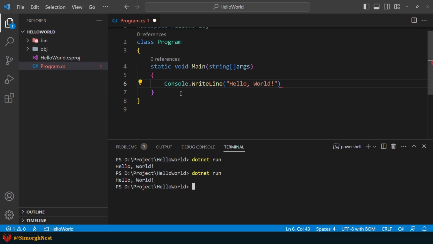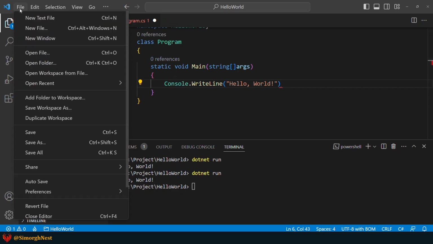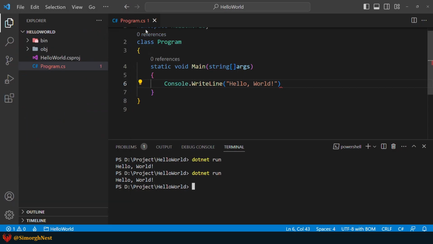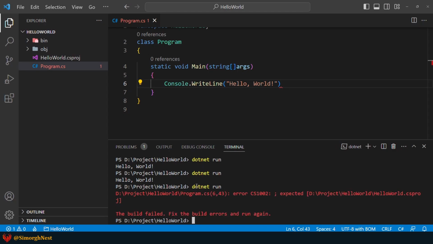So, go for File and select Save File to save it. Every time we change a file, we have to save it, so use a shortcut key to make it easier. Alright, let's run the application again. As you see, we get the same error. Okay, to get rid of the error, you should put the semicolon at the end of this statement.